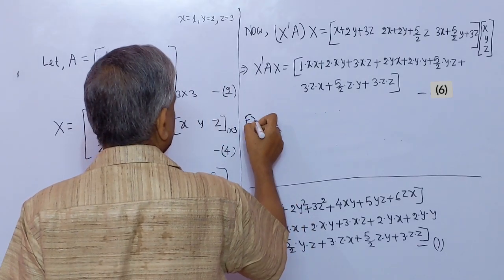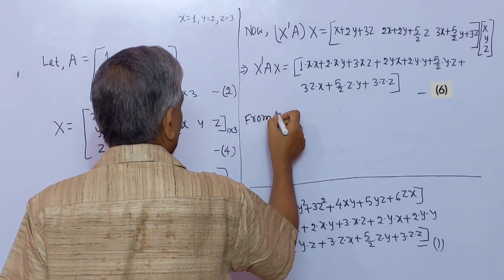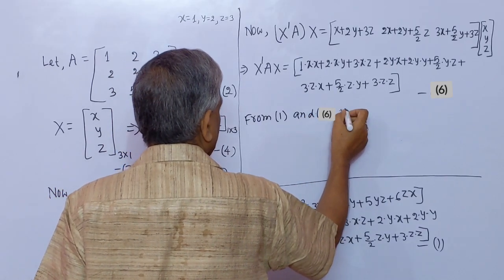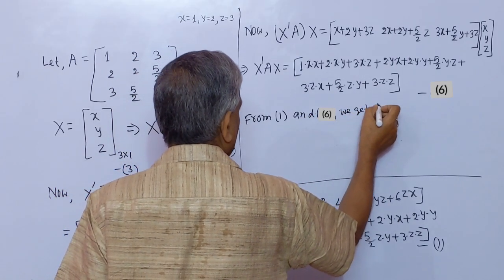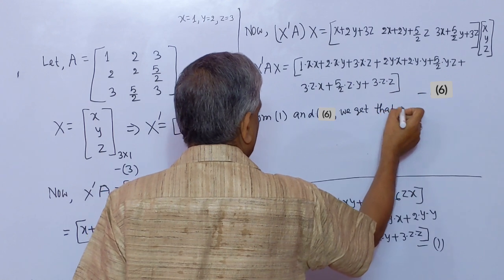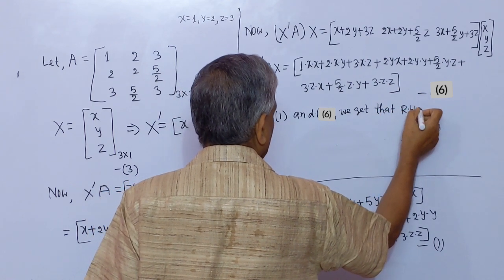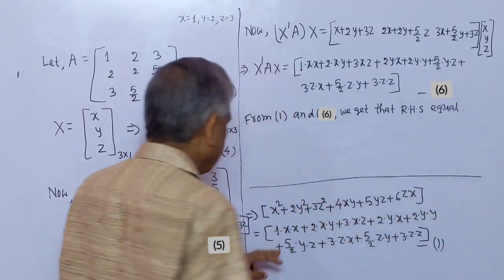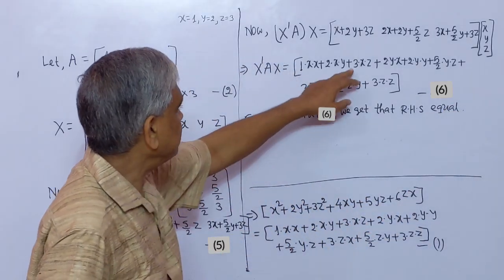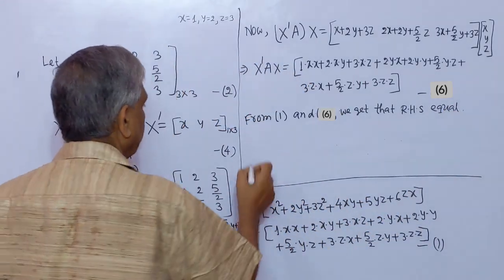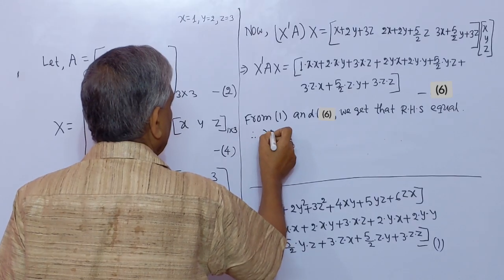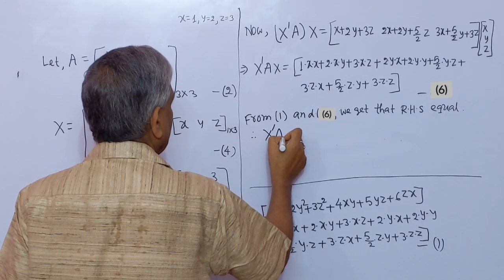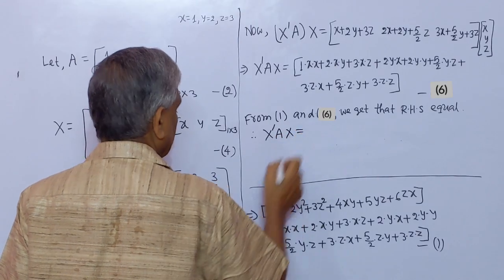From 1 and 6 we get that right hand side equal. Here right hand side this and right hand side this. Therefore left hand side equal. Transpose of x A x equal to,